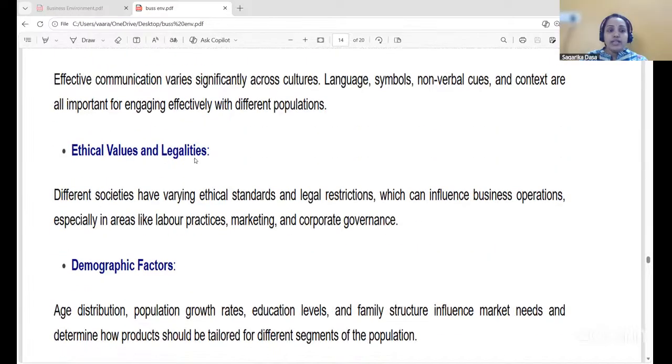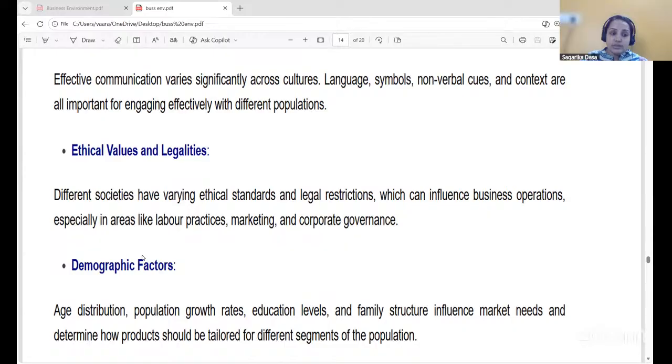Ethical values and legality. Different societies have varying ethical standards and legal restrictions which can influence business operations, especially in areas like labor practices, marketing, and corporate governance. So, different societies will have different types of ethical standards and legal restrictions. So, understanding these ethical standards and legalities is very important when they are marketing any particular product or when they are dealing with the